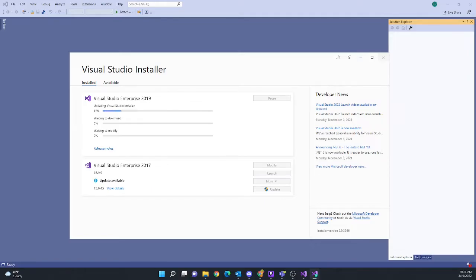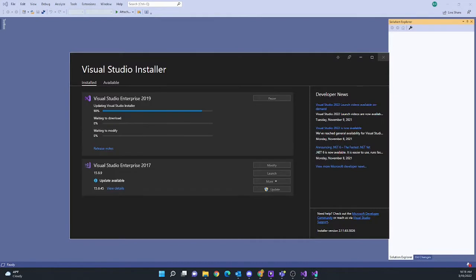I want to allow this app to make changes to my device, and I should see the update progress screen. It's going to take a moment. So as this is downloading,